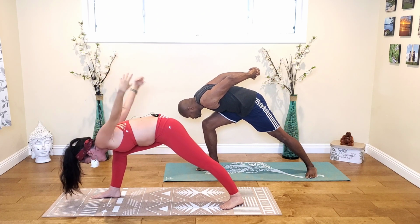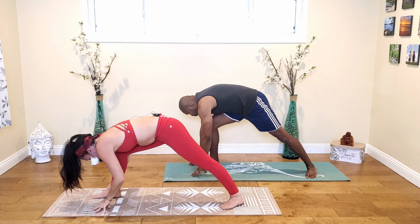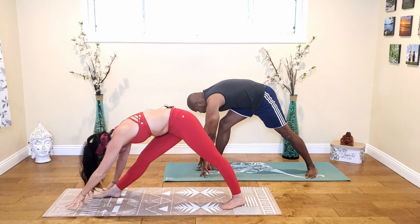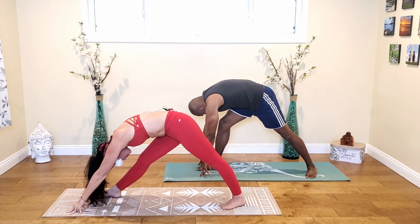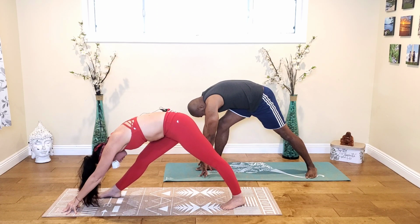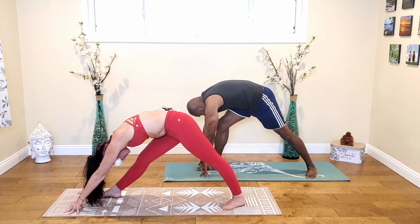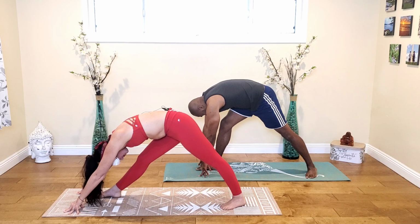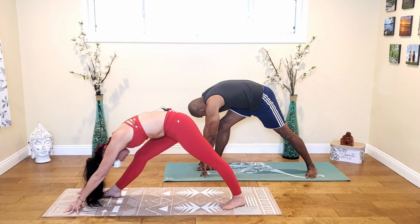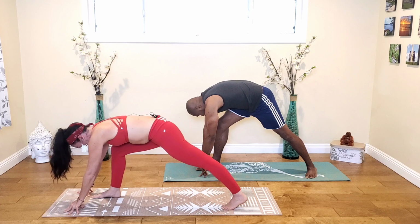Then release your hands to the mat, framing your right foot. Start to straighten your right leg, staying bowed over it, coming into pyramid pose. Maybe walking your hands out a little further on the mat. So good. Take another breath. Inhale. And exhale. Inhale. And exhale. On your next inhale, bend your right knee and pivot onto the ball of your back foot,